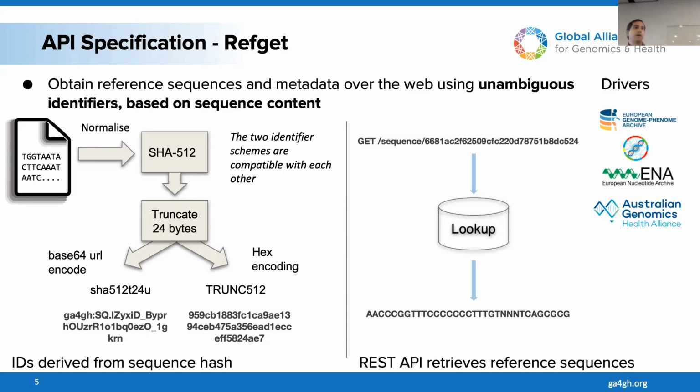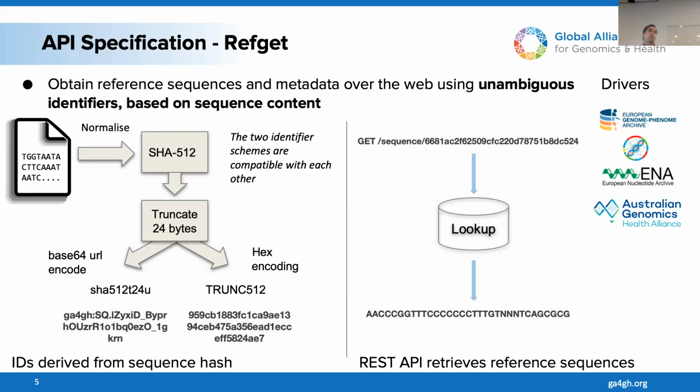cancer research in general. So we have the RefGet standard, and RefGet is essentially an API for accessing reference sequences over the web. Some of the problems related to genomic research deal with ambiguous identifiers for reference sequences. So maybe a certain accession number, there might be multiple reference sequences with the same accession number, and this can lead to errors or inconsistent results